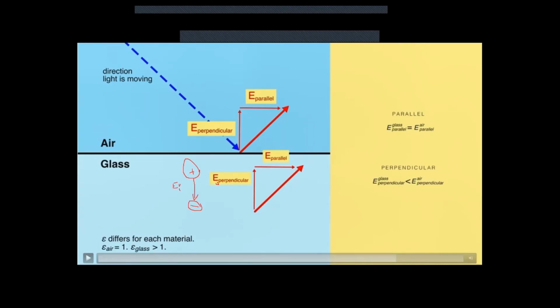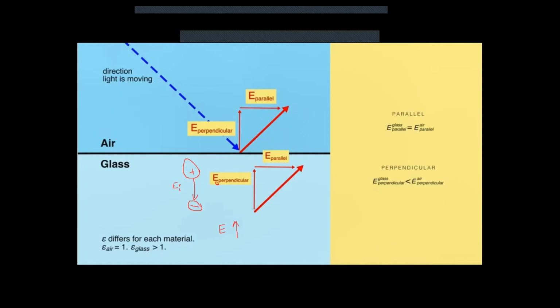The total electric field is cumulative, which means you have to add this to that. It's a vector addition, just like dielectric materials inside capacitors. The strength of the electric field within the material itself is going to diminish. So instead of this being this long, it's going to become shorter. This is the new electric field. This was the original electric field. Remember, this minus this is going to give you this.